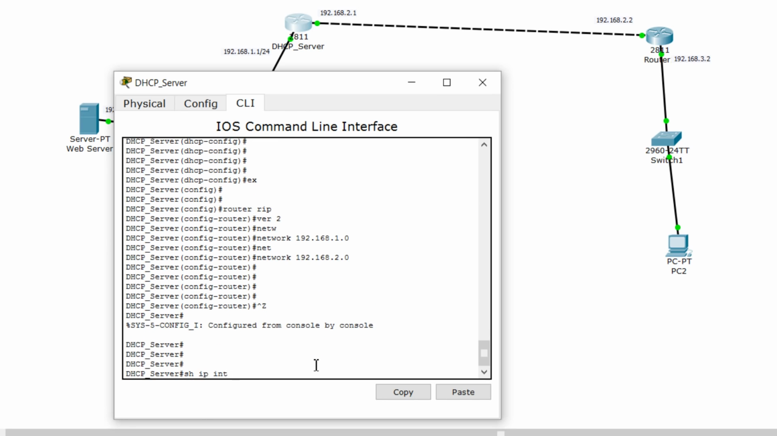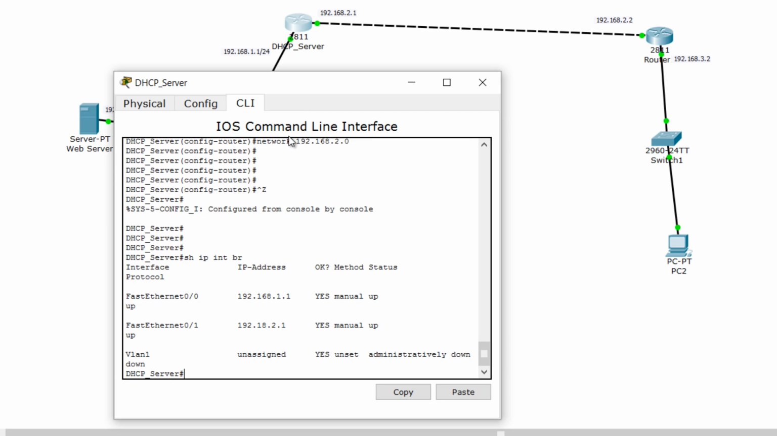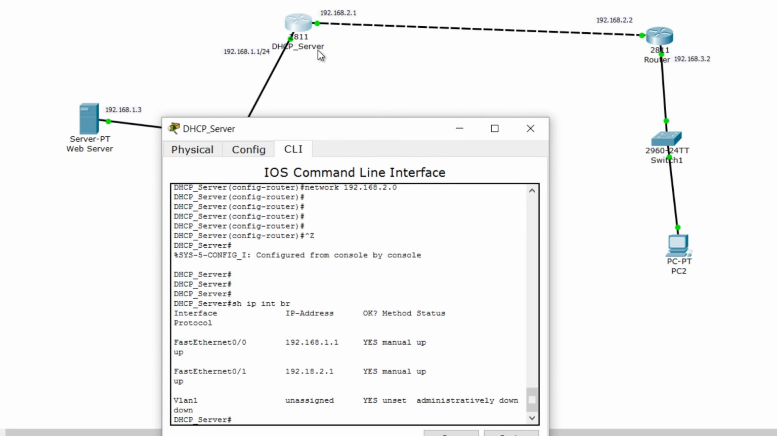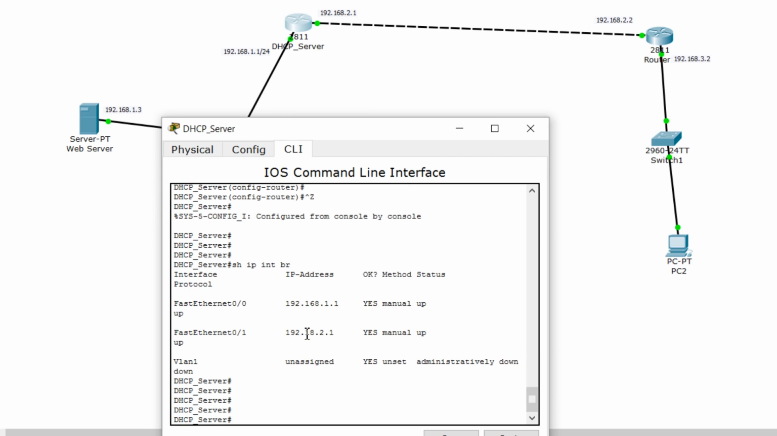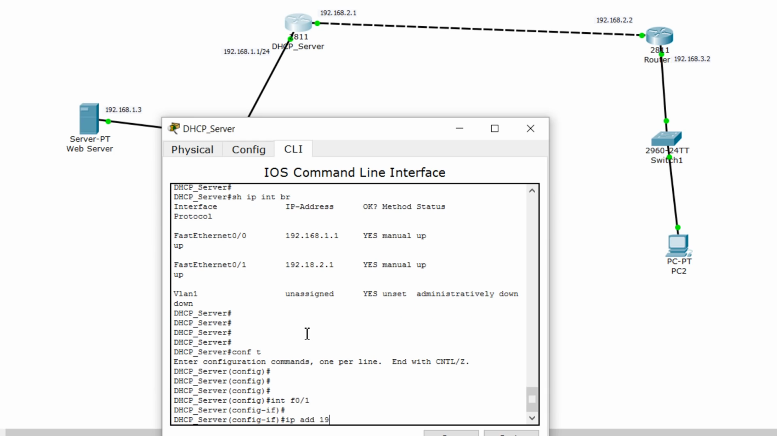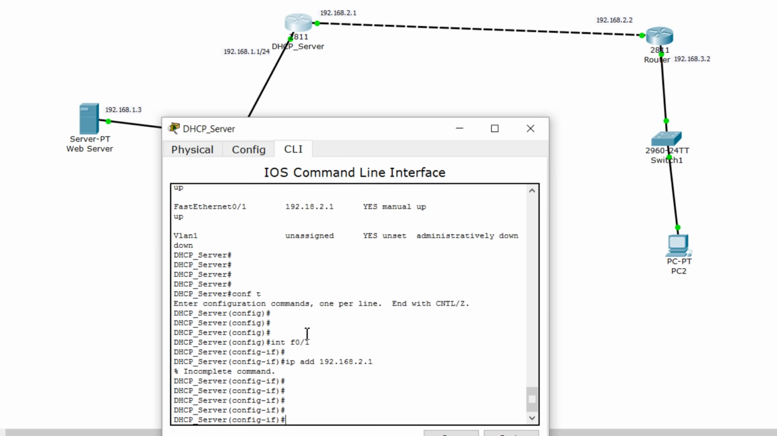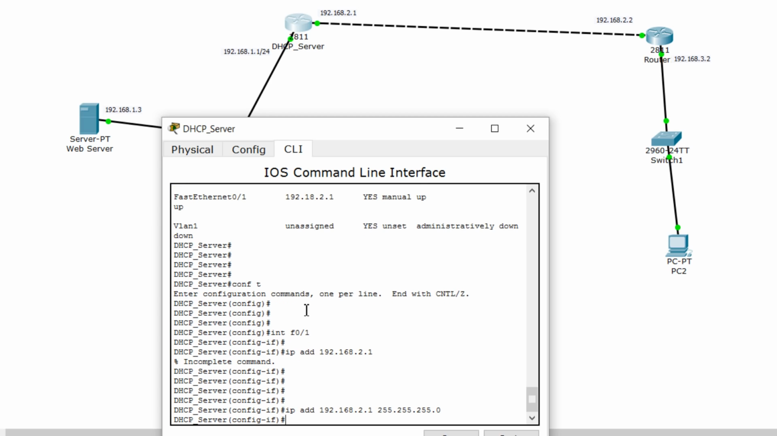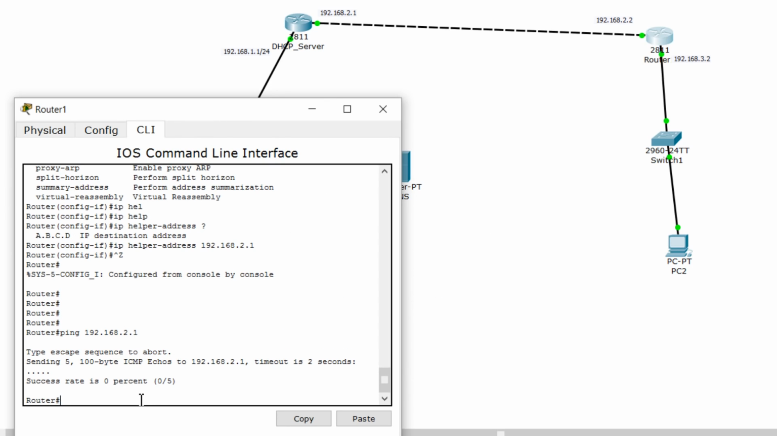Show IP interface brief, 1.1, 2.1. Okay, that's fine. Oh, here, the IP address. Simple things, guys. This is how you fail exams. Okay, anyway, let's not make that mistake. If you're practicing, don't make that mistake. IP address 192.168.2.1. Sorry. Bad day. Making so many simple, silly